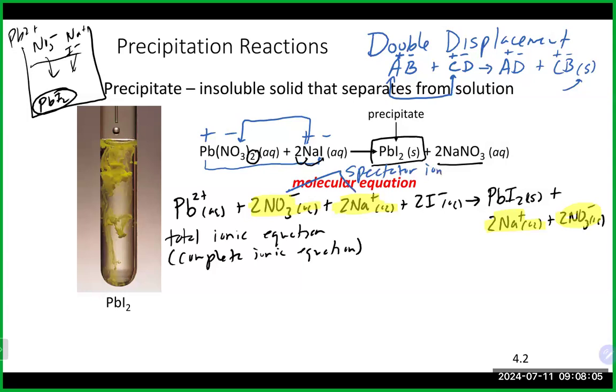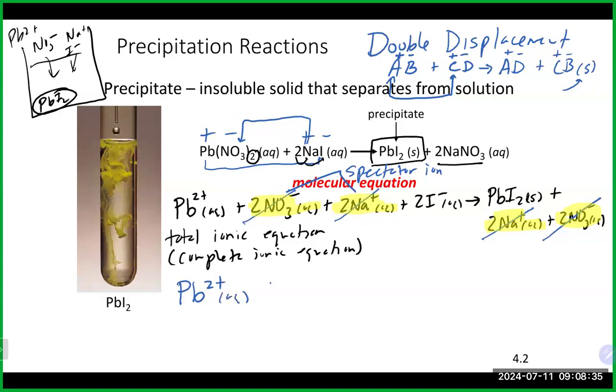If you are a spectator, you are essentially just watching, and that's what's happening here in this reaction. These guys are in the solution. They're not really doing anything in terms of product being formed. They're just floating around to balance out charges. So when we have spectator ions, we can cancel them out on both sides of the arrow, and they should completely cancel out. And that will leave us a third type of equation, which in this example will be